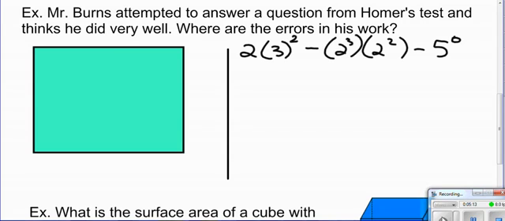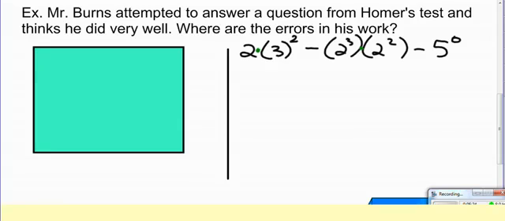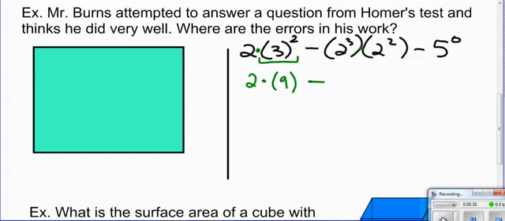And so first thing we do, okay, we're thinking BEDMAS. We've got some multiplying. We've got some exponents. So we're going to evaluate our exponents first. So 3 to the power of 2, so that's the same as 2 times 9 minus, well, I could evaluate the exponents here, but I also notice that it's the same base being multiplied. So I could go 2 to the power of 3 and write 8, and 2 to the power of 2 and write 4, or I could notice that it's the same base being multiplied, and I'm going to add the exponents. So that's going to be 2 to the power of 5